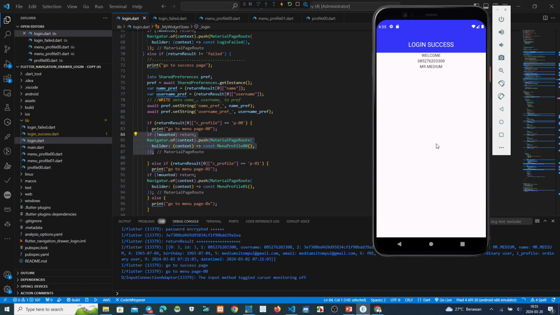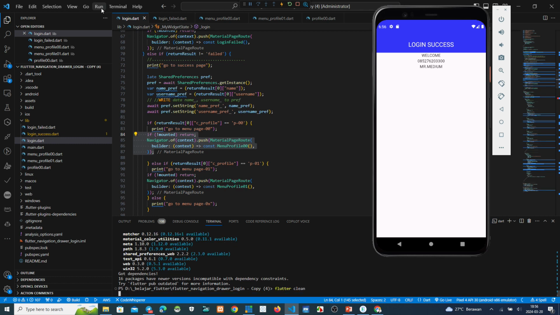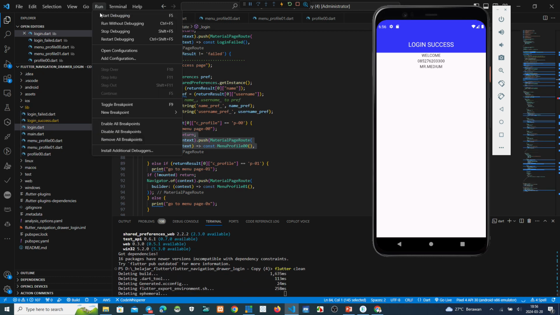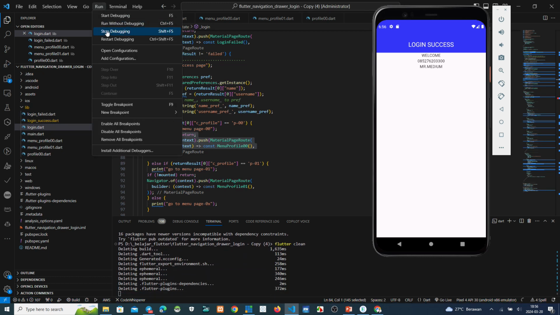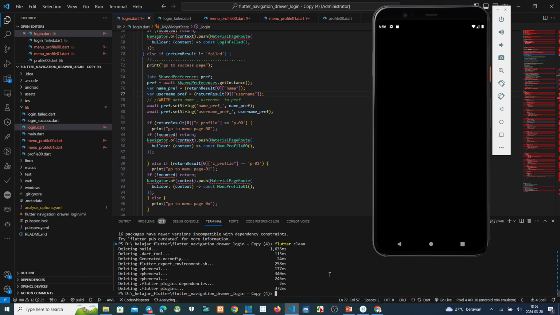Oh, if we make this, we must clear first, because the script remembers the last one, not load the new one. So because of that, we must make a clean first. Okay, moment please. Stop first this process. Oh, why? Okay, clean.